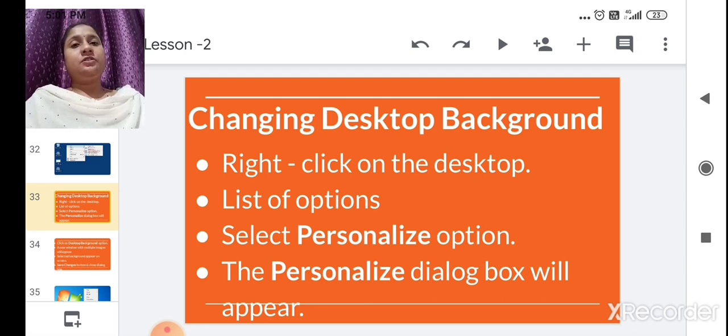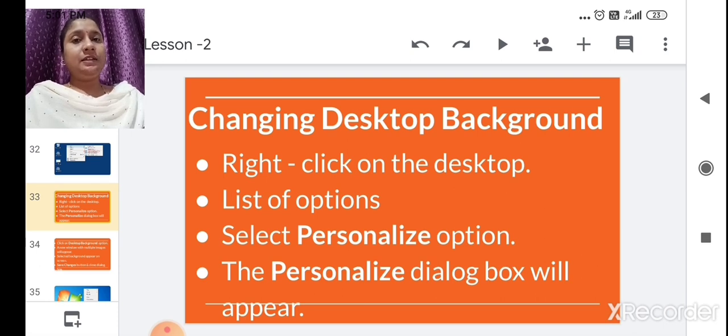Then we have seen how to arrange desktop icons. To make your desktop look clean, you have to arrange the desktop icons. For that, on the blank space of the desktop, click the right mouse button. After clicking, a list of options will come.